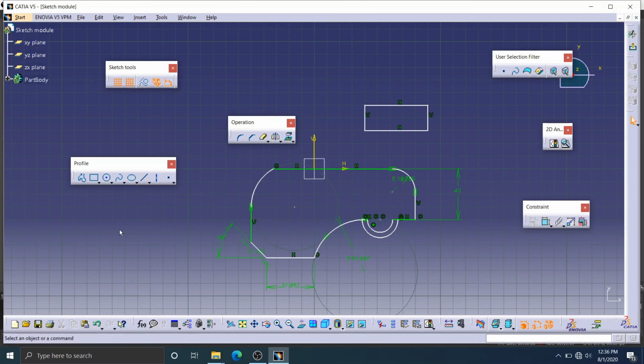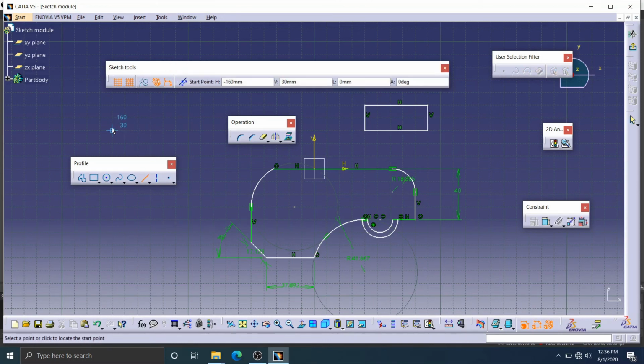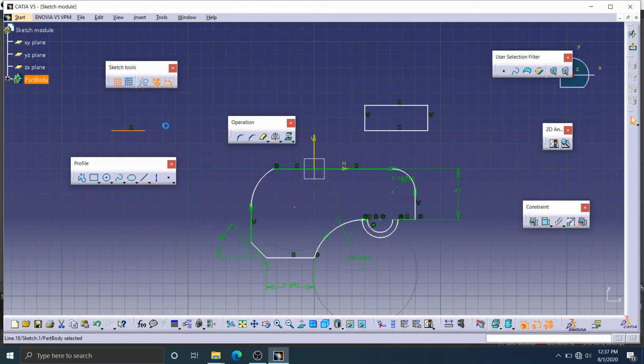Suppose if you draw any line, you can notice you can draw between point to point available in the rectangle. You cannot pick any point in between. Why? Because snap to point is enabled. Because of that, it will only move point to point. Suppose if you want to pick any point in between, you need to turn off snap to point. Now you can pick any point available in the window. So this is the function for the snap tool.